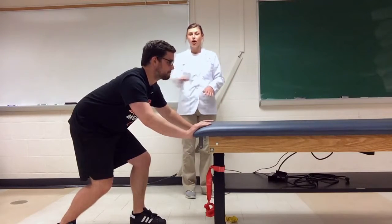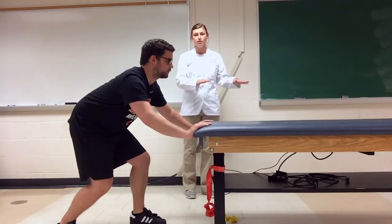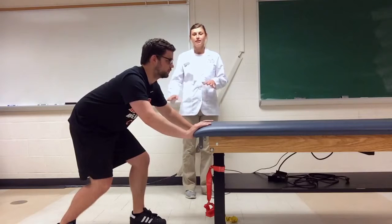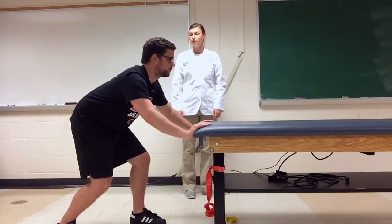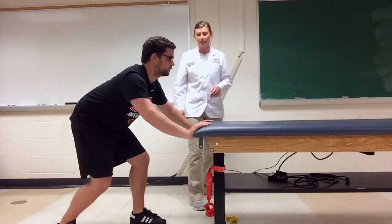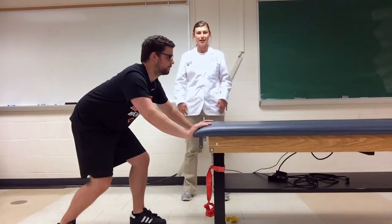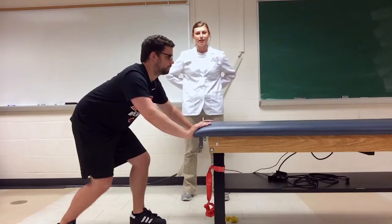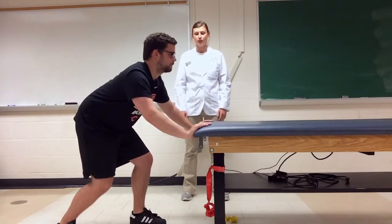So as you can see, they're on the same level, which will help in assisting him pushing parallel to the floor to ensure that it's a little bit easier than if he was pushing at a greater or lesser angle. So when he's going to start, he's going to make sure that his elbows are slightly flexed, and when he pushes, he's going to push with his arms and his legs. We don't want to be pushing with our back because that can lead to an injury that we don't want. So, Tony is going to go ahead and demonstrate the push,